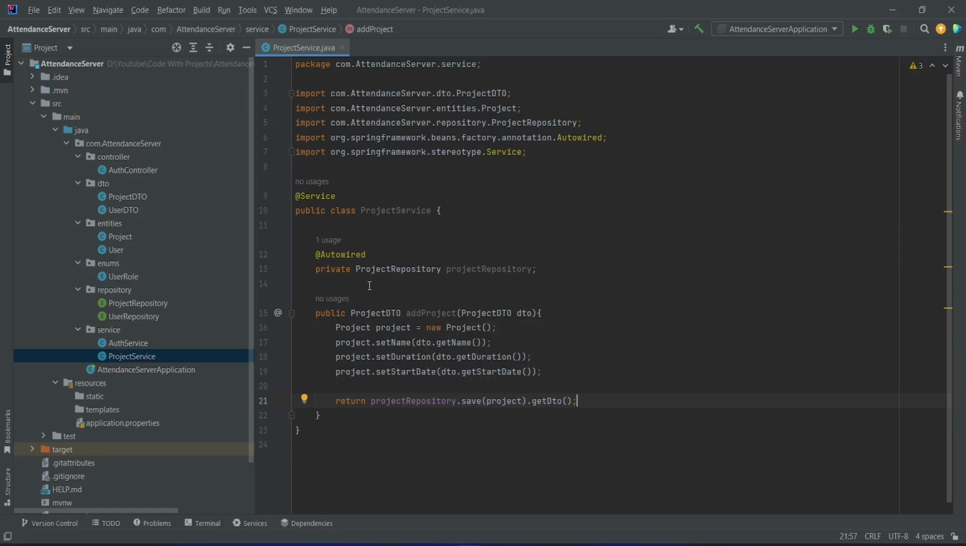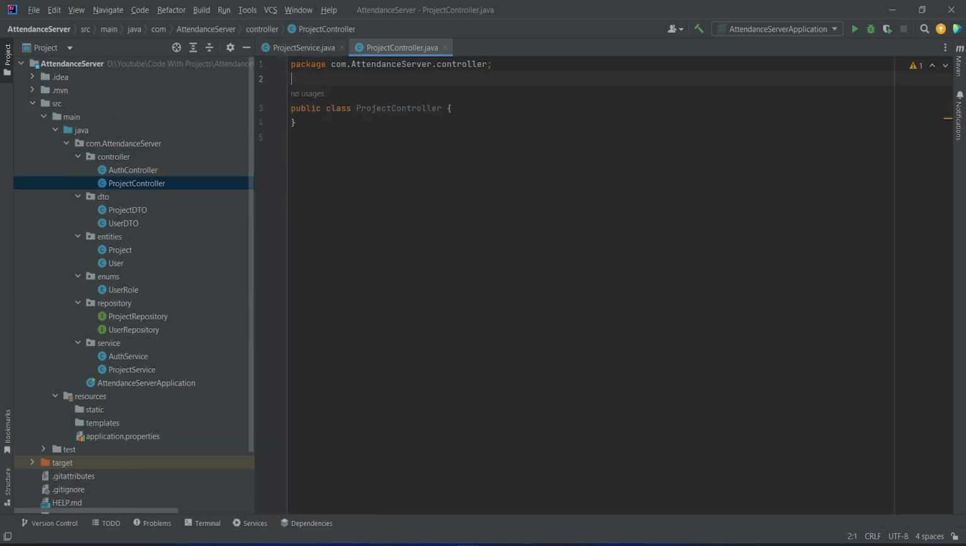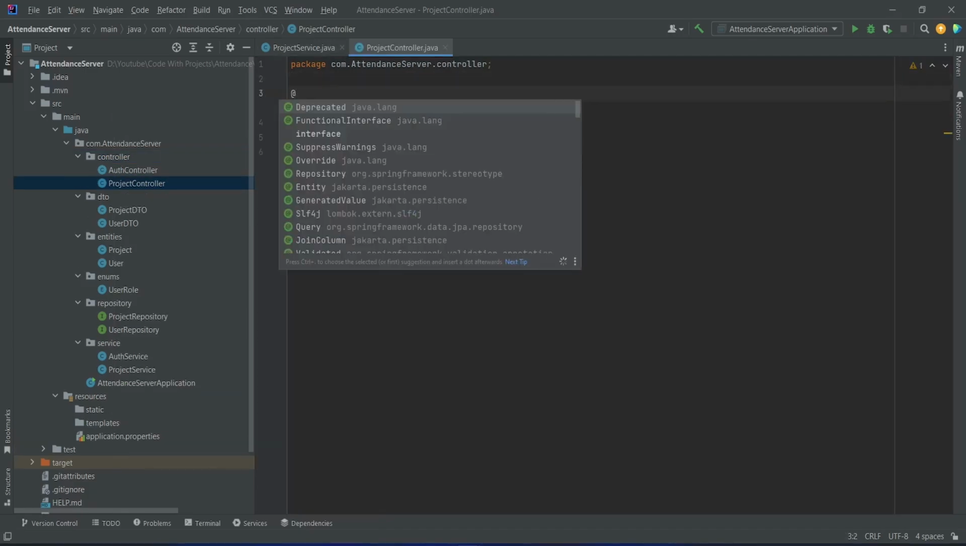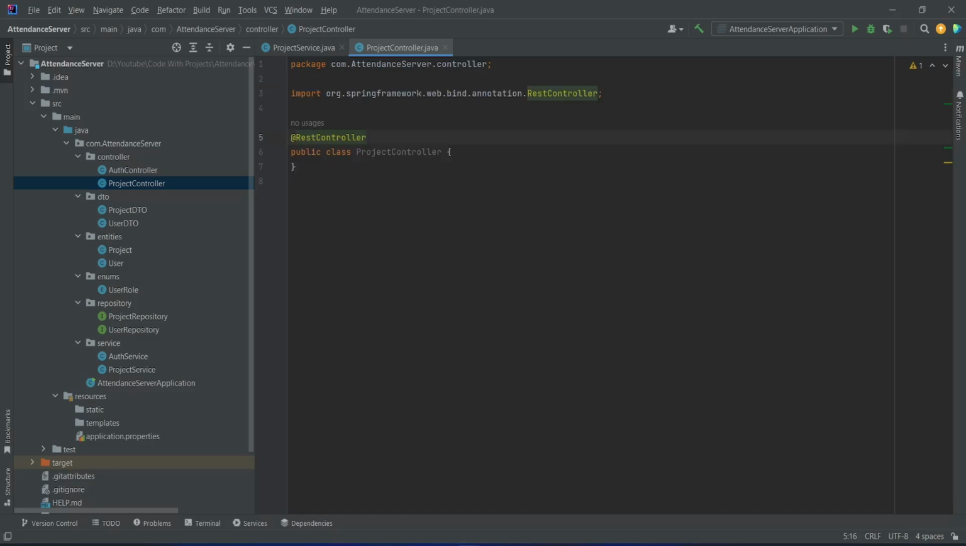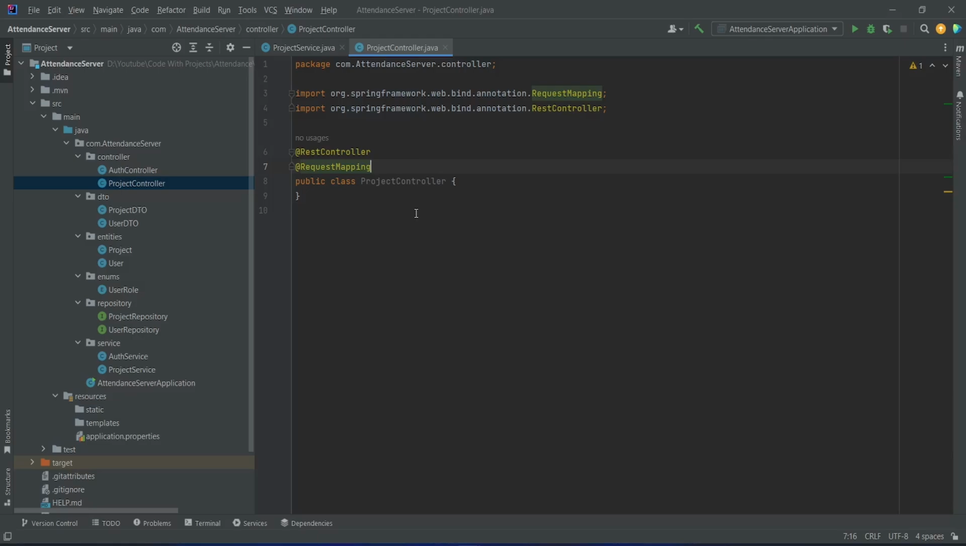And with this our add project method is completed in the project service, and now we need to create project controller, and to do this we will right click on the controller package, and we will choose a new Java class, and we will name this class as ProjectController, and after this we will annotate this class with @RestController annotation, and after this annotation we will add the annotation of @RequestMapping, and in this for the URL we will give